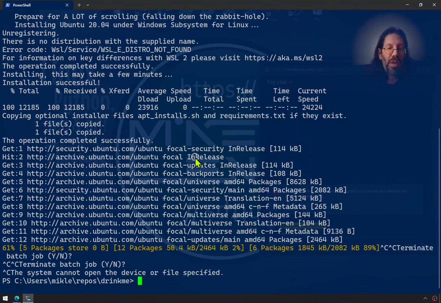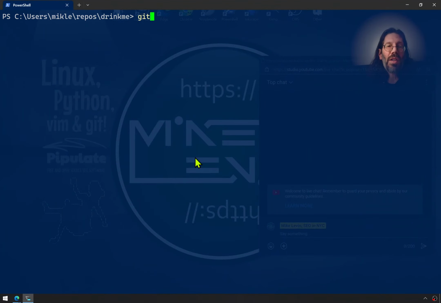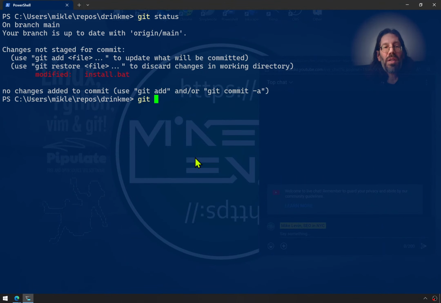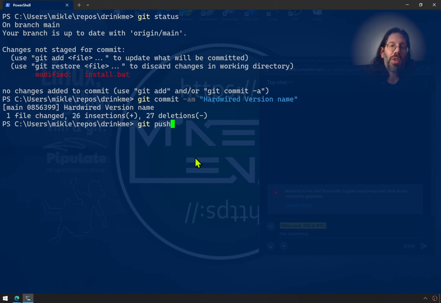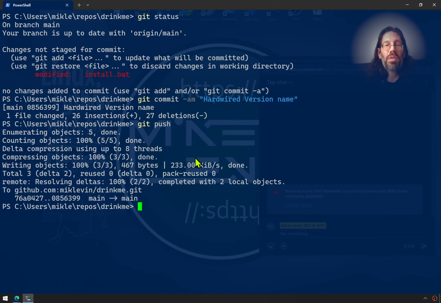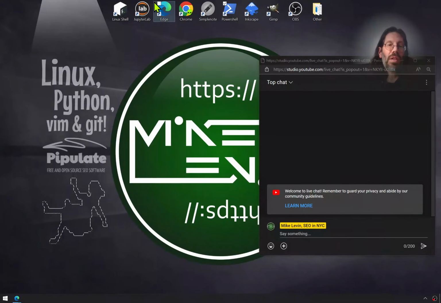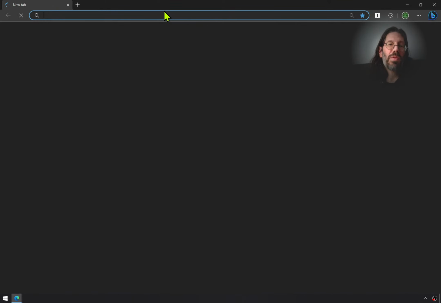So I'm going to delete out of that, clear, git status, git commit, unhardwired, or hardwired. I actually hardwired version name, git push. Now that I've pushed that, I can get rid of this. We bring up Edge,